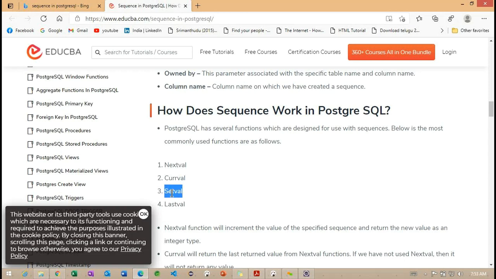If we want to set any value, sequence dot set value. Same way, last value. Right. So this is the way the sequence is created. Basically, sequences are created by the database developers, but just for understanding, we are working with it here. So now we understand how this sequence works internally.